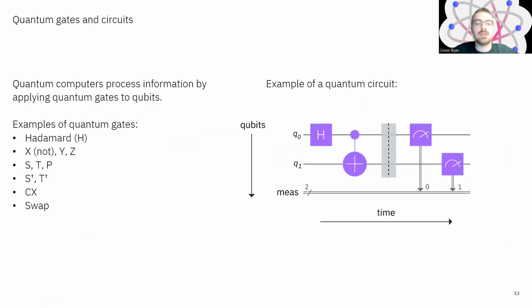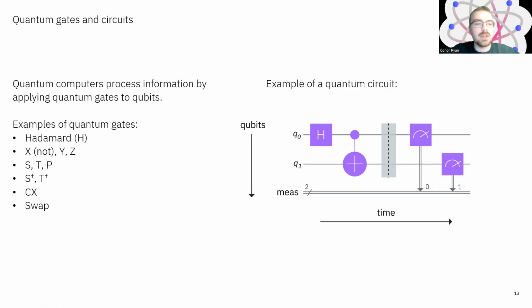Now, if you want to do this interference or any sort of calculation using qubits rather than classical bits, you of course need an instruction set for how to do that, just as you would on a classical computer with gates like the AND gate and the NOT gate. We need quantum mechanical analogues that can both perform these classically familiar operations, but also let us leverage quantum benefits such as superposition.